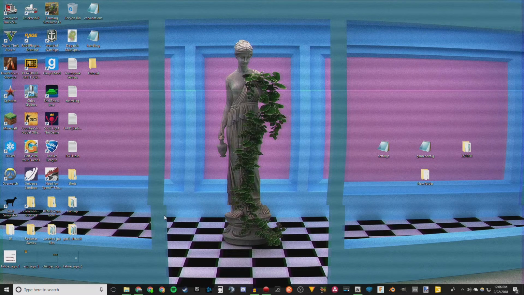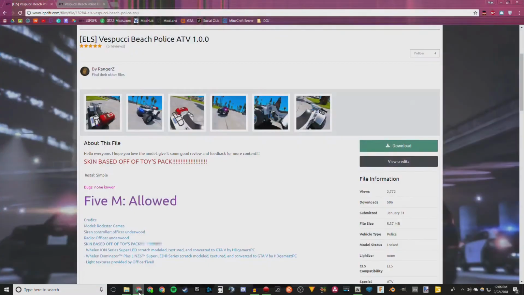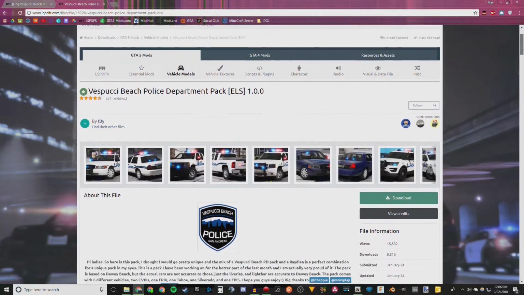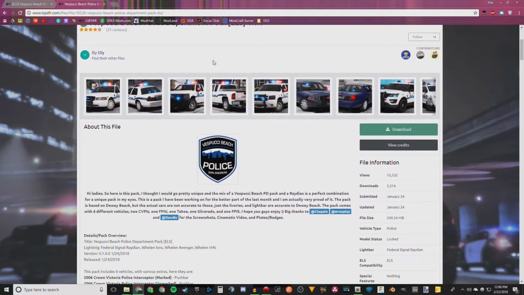Now this has been requested by a few people after I made the ELS config video, but we're going to take a look at getting those cars in the first place. So what we're looking at today, for the replacement side, I'm going to be replacing the lifeguard ATV with this Vespucci Beach Police ATV. This is super cool. And then for the add-on, I'm going to be basically doing a custom add-on for the Vespucci Beach Police Department by Toy. So we're going to be adding in these vehicles, even though they aren't meant to add in. So, well, not necessarily not meant, but they're designed to be replaced, but I'm going to show you how to